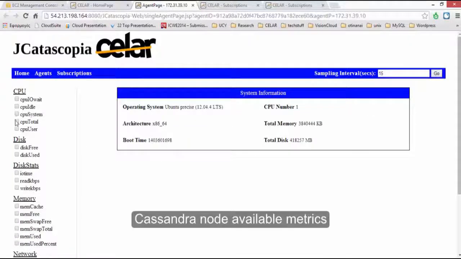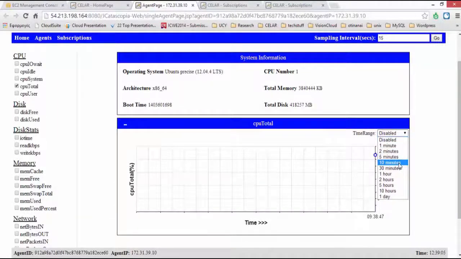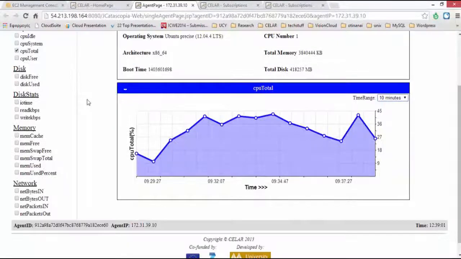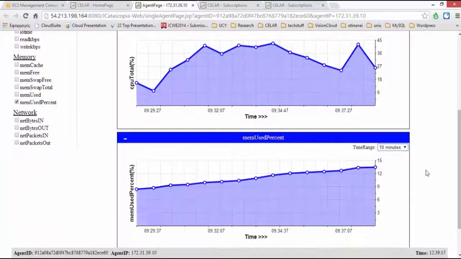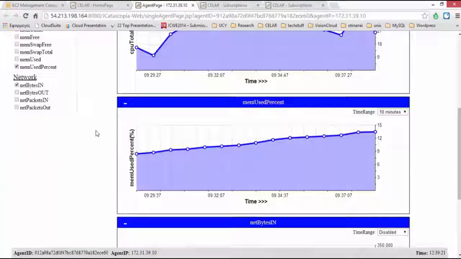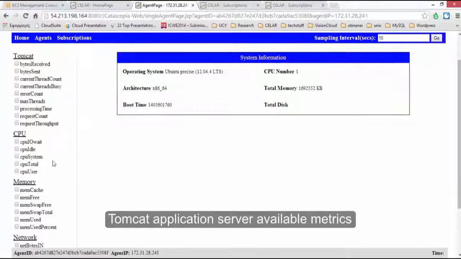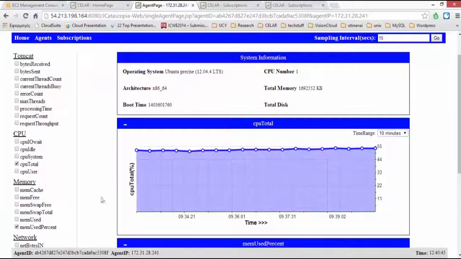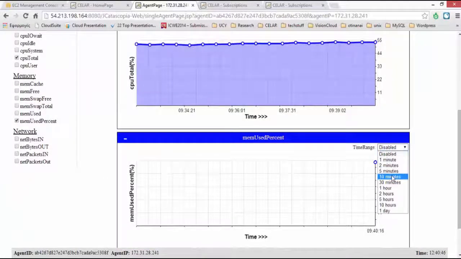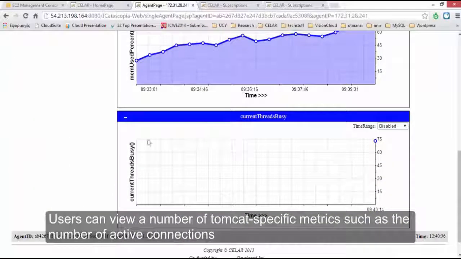We can see the Cassandra node available metrics, and the Tomcat application server available metrics. Finally, users can view a number of Tomcat-specific metrics, such as the number of active connections,